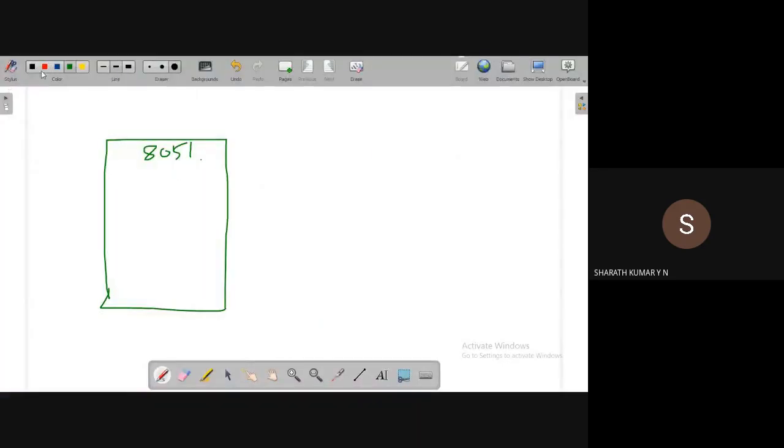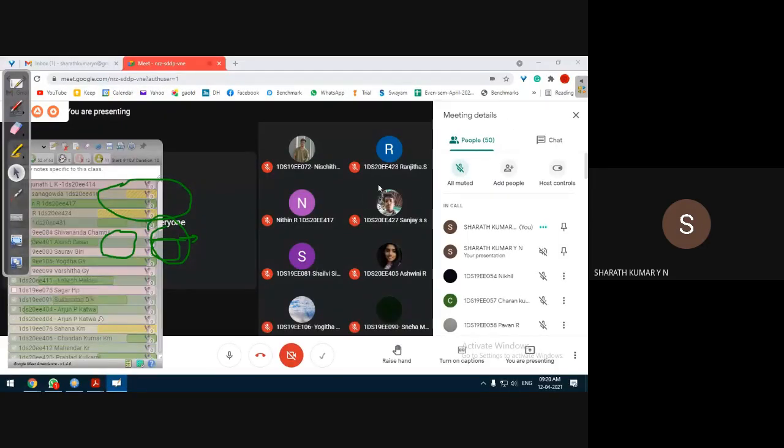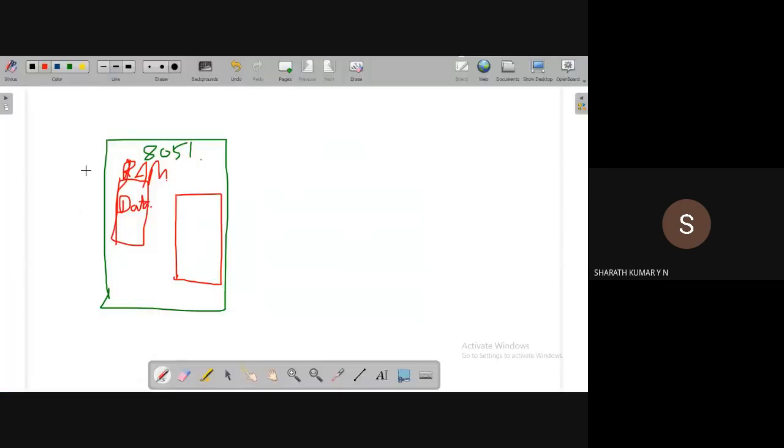It has two memories. One is called RAM, random access memory, which is used to store data. There is one more memory called ROM, which is used to store instructions or code. Let us call it code, because we should start using the phrase code rather than instruction, since ultimately we have to end up learning a programming language, so we should use this term code. So ROM memory is used to store code.